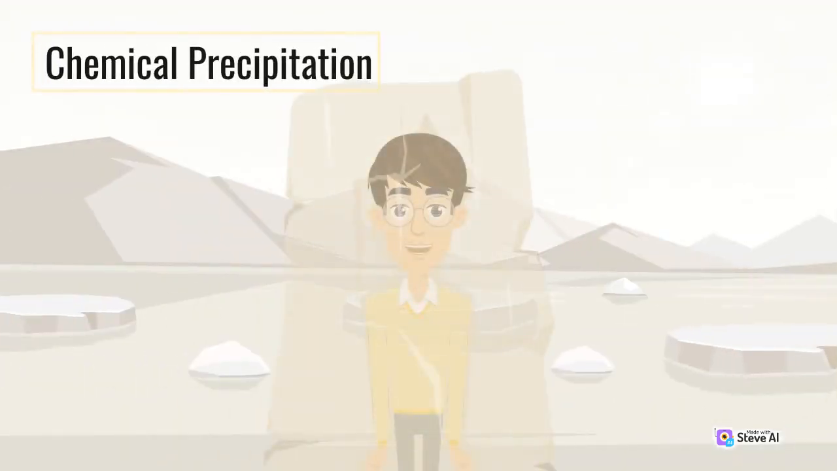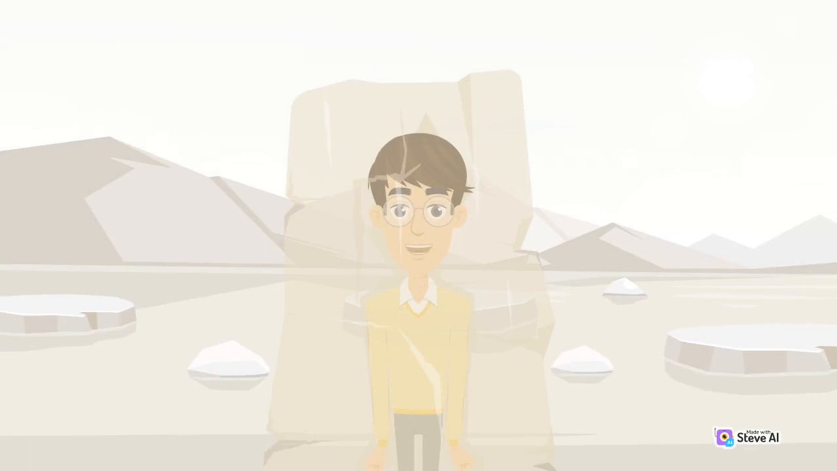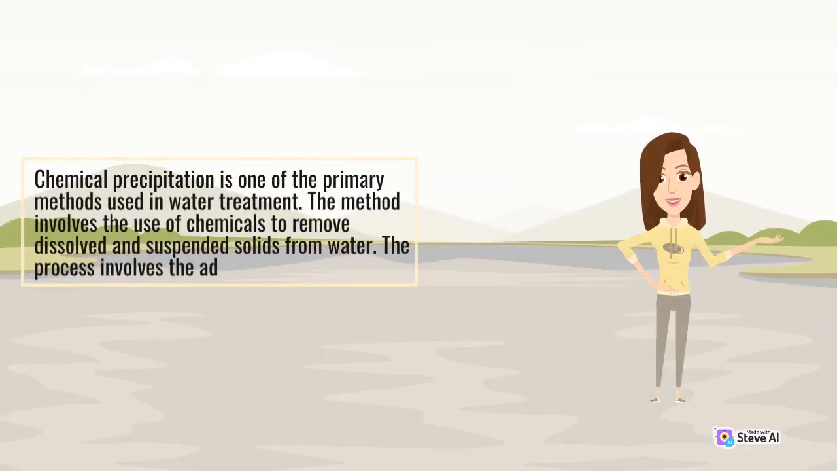Chemical precipitation. Chemical precipitation is one of the primary methods used in water treatment. The method involves the use of chemicals to remove dissolved and suspended solids from water. The process involves the